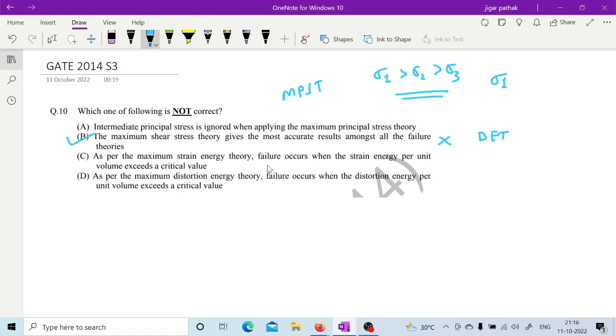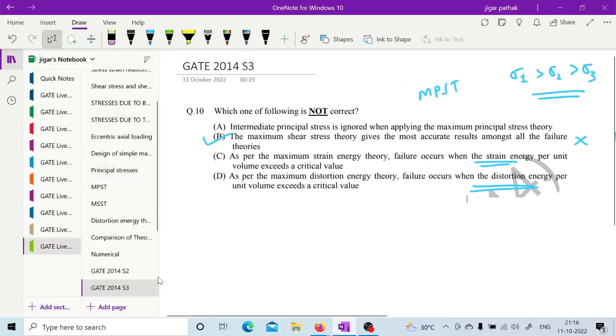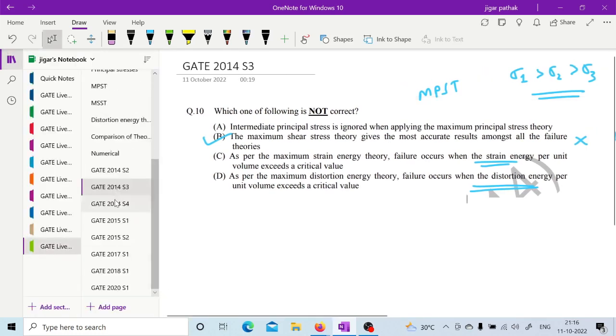As per maximum strain energy theory, failure occurs when the strain energy per unit volume exceeds a critical value. That is also correct. And as per maximum distortion energy theory, failure occurs when the distortion energy per unit volume exceeds the particular critical value, right? So in maximum strain energy, it is the full strain energy which is going to exceed, while in case of distortion energy theory, only this distortion energy per unit volume is going to exceed a certain value. So that is the difference between those two, right? Now next is this one,